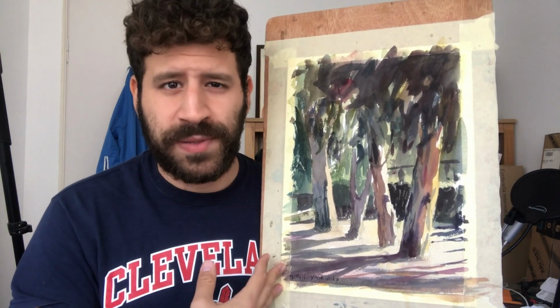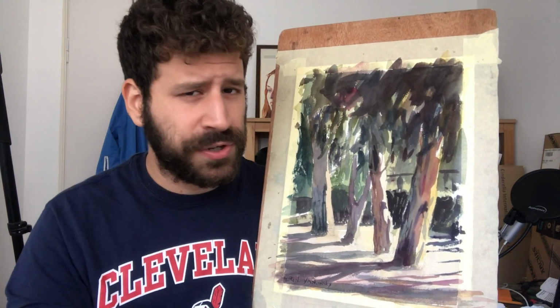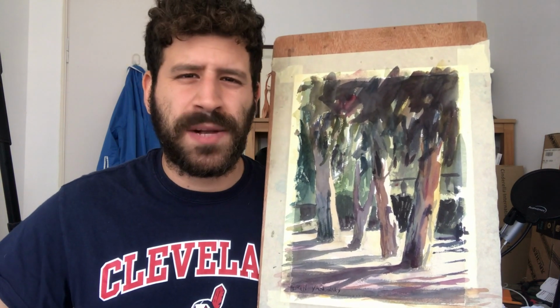So I just want to show you, this is the first watercolor Plein-Air I did this month. I started the challenge basically yesterday. It was Sunday at the time of recording this. You're going to see it a couple of days later. So this is the first painting I produced, and I'm going to show you in just a couple of seconds